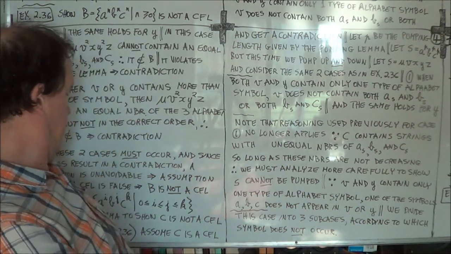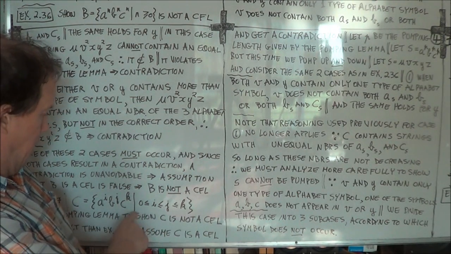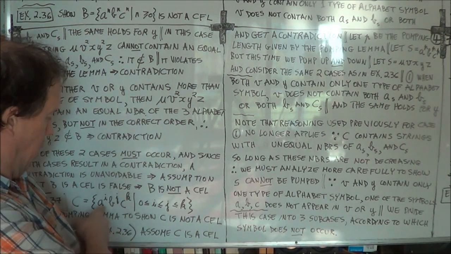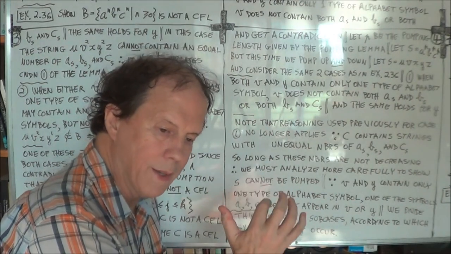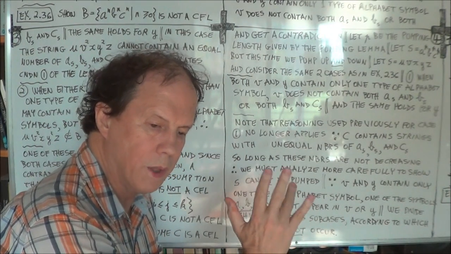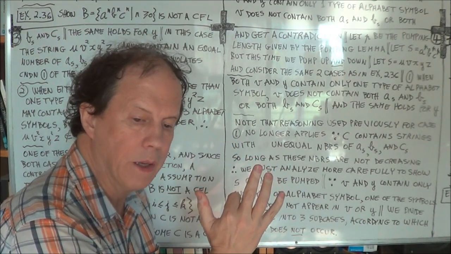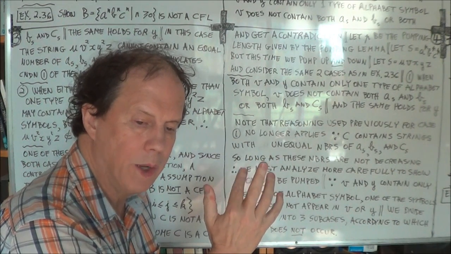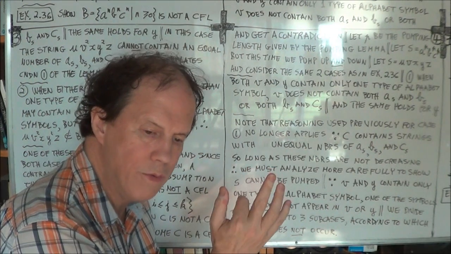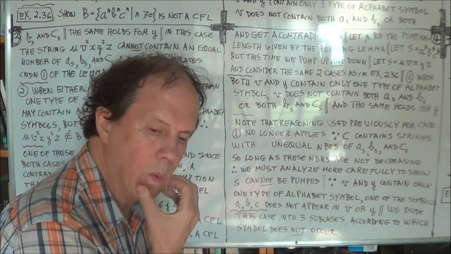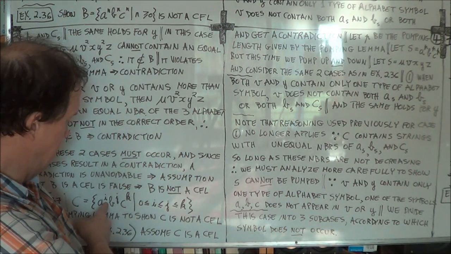Here's the description of the language. Your string S is of the form U, V, X, Y, Z, and we're going to pump down, so we're removing the V. Let's say the V consists only of A's, and then we remove that V. Well, that means the number of A's, in other words the I here,